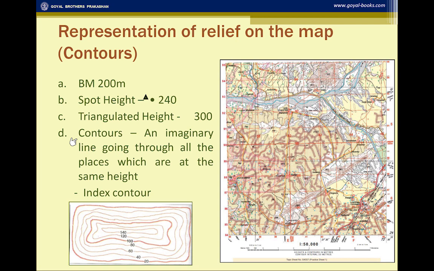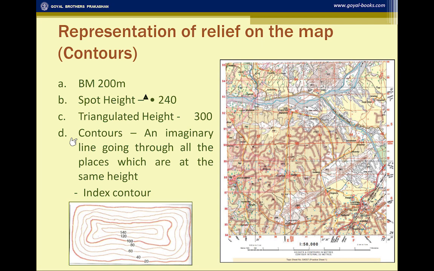same height or elevation. Now, whenever they ask you, okay, what is that brown line within that grid reference, you have to define the contour. You just don't say it is a brown line. You have to say it is a contour and the definition of the contour must be stated.